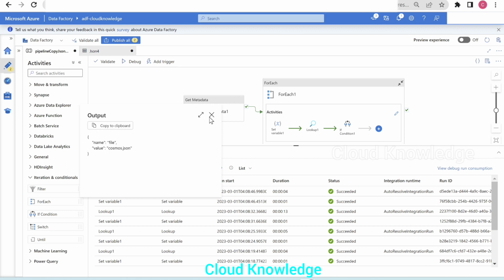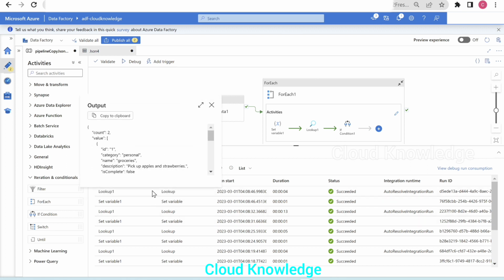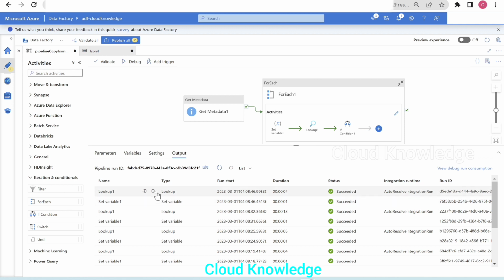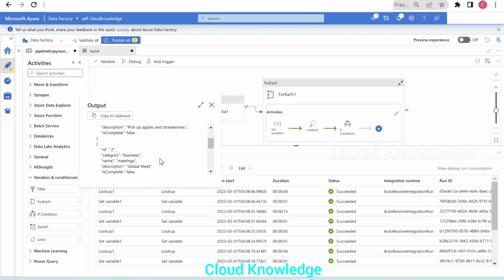First we see the file name is cosmos.json, and the contents of the file are shown through the lookup activity. So if we open the contents of the lookup activity, it shows count and value, okay, as the output, and inside the value we have the array, the first block, okay, id1, the second block, that is, there were two elements inside this JSON, so it is showing one by one. So it could be treated as an array. So here it could be said that the output is in the form of JSON, and it has this array, that is, in the square brackets we have the contents.